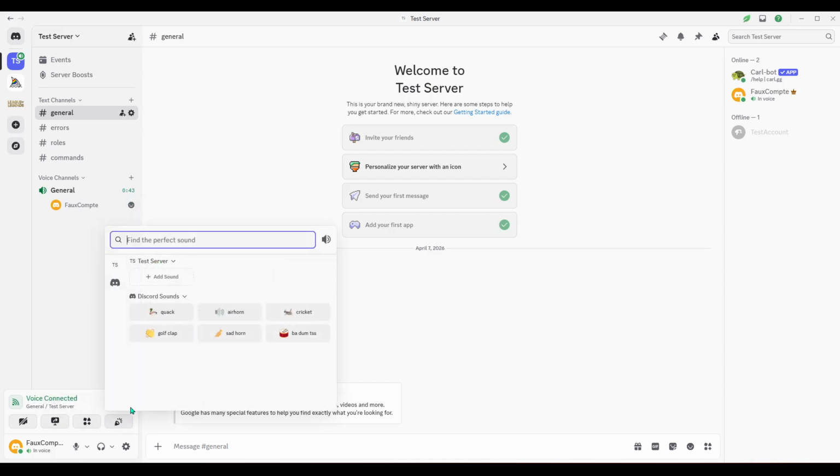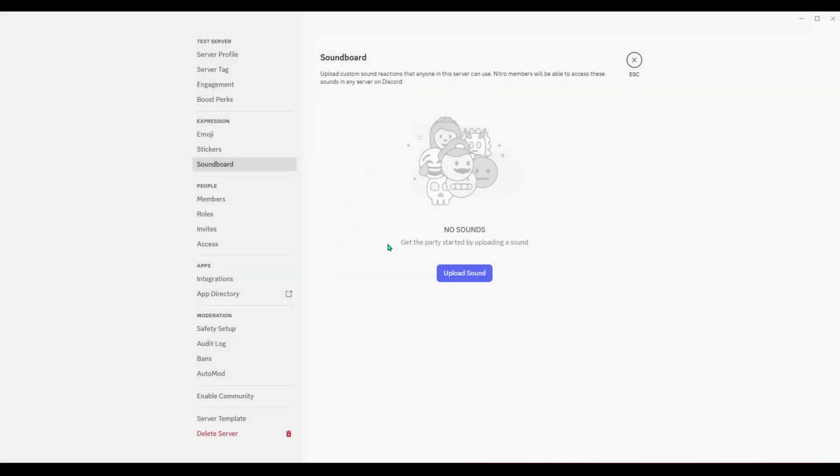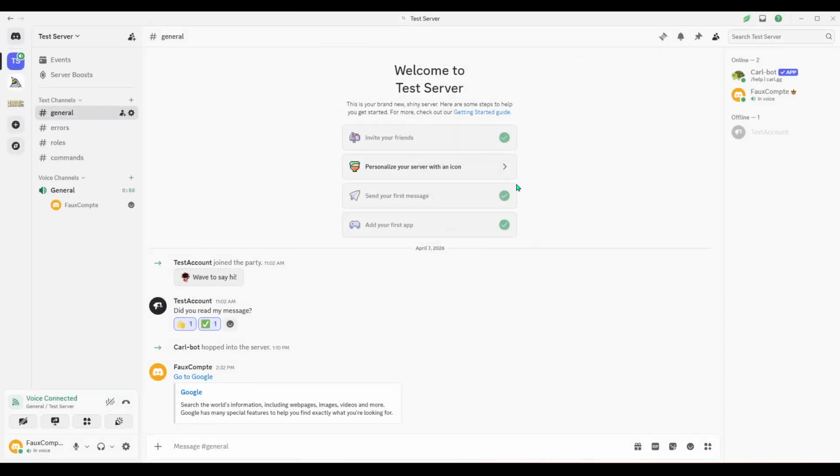If you want something more personal, click Add Sound to import your own. You'll be guided to choose an audio file from your device. Aim for short clips that are easy to recognize, and note that some servers limit who can add custom sounds. If you don't see the option, you may need permission from a server admin,